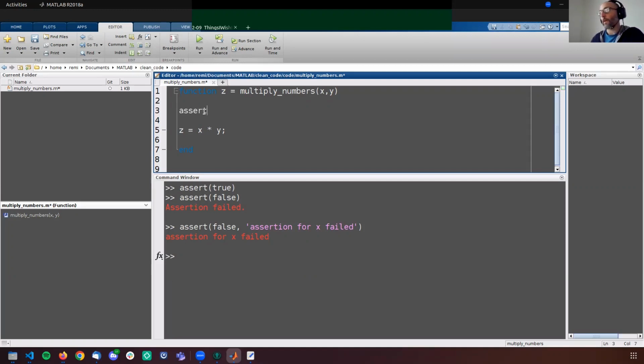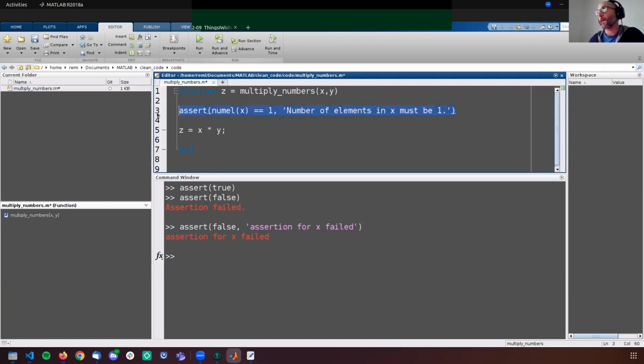So you can just assert that the number of elements in X equals 1, and then have a specific error message: "Elements in X must be 1," not 2, just 1. So that is something we can do, for example.